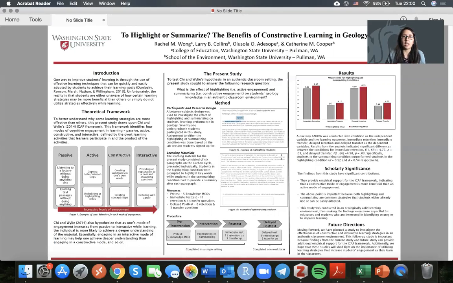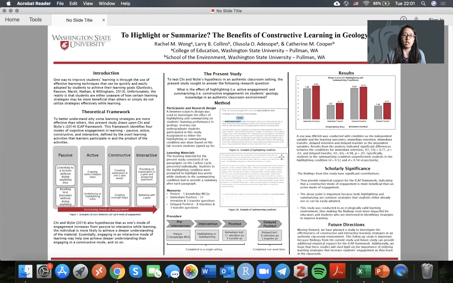So to better understand why some strategies are more effective than others, this study draws upon Chi and Wiley's ICAP framework. The ICAP framework identifies 4 modes of cognitive engagement: passive, active, constructive, and interactive. And these are defined by the overt learning activities and the product of the activities that learners